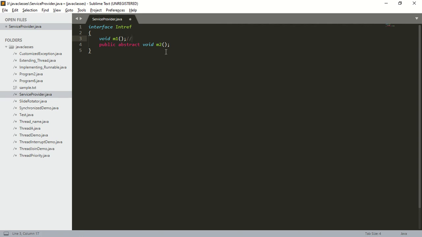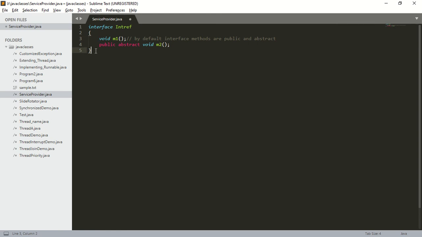Remember this: by default, all the methods inside an interface are public and abstract. Even though we are not specifying it for m1, it is also a public method and an abstract method.